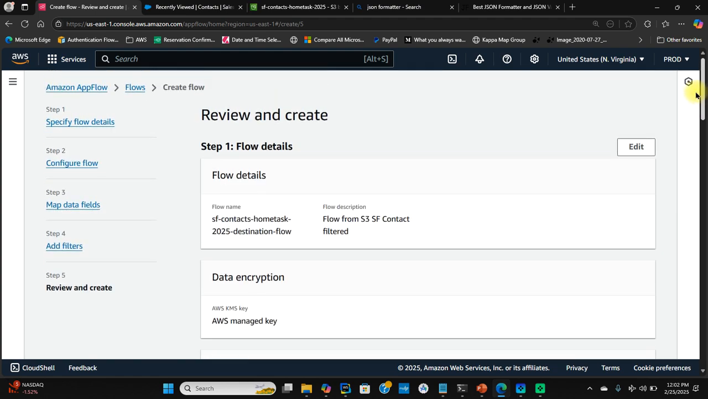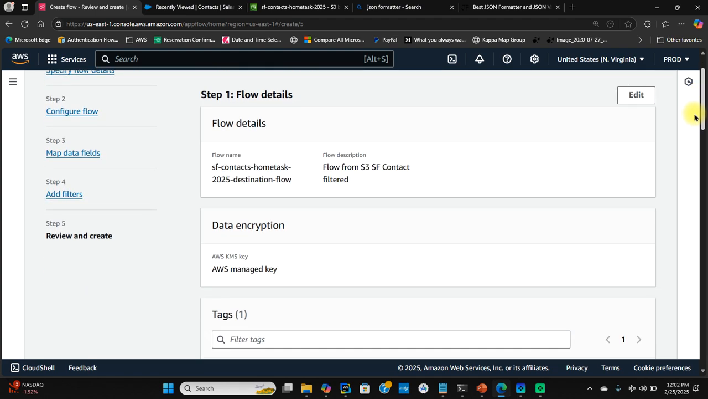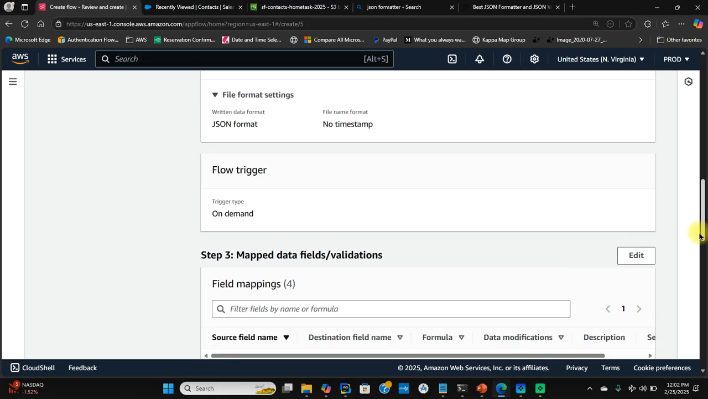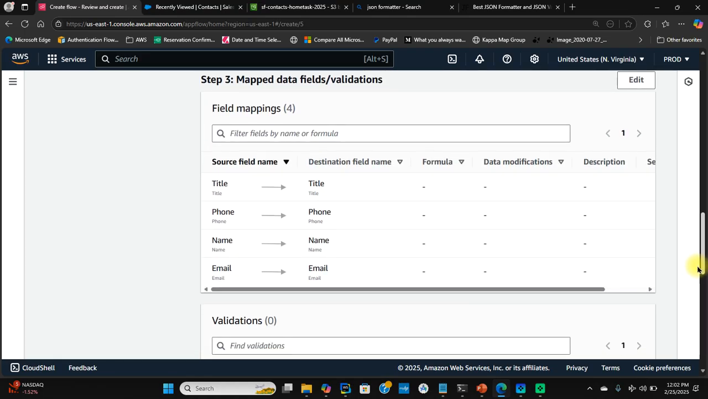Okay, so here's the results of my flow details. Here's my flow name, my description. Here it shows me the fields that are mapped. I think I had over 60, 59 fields. I forgot how many fields I had in the Salesforce contact object, and now I'm just looking at 4 fields,